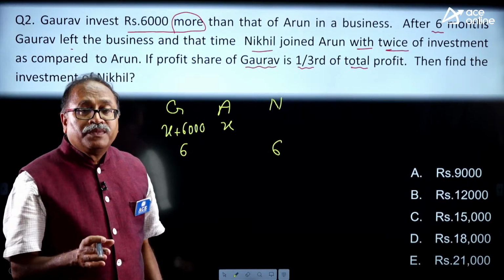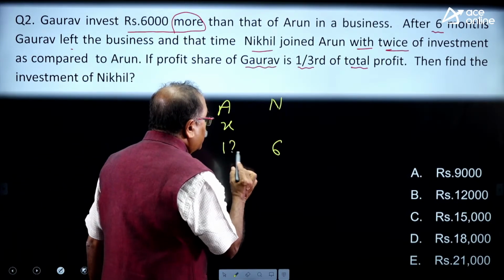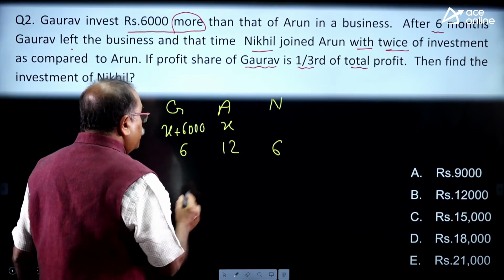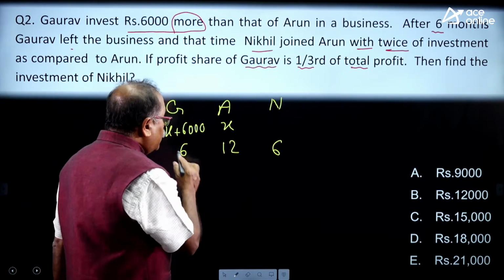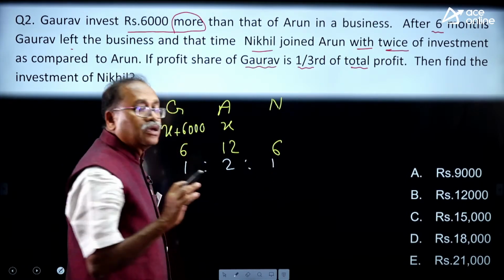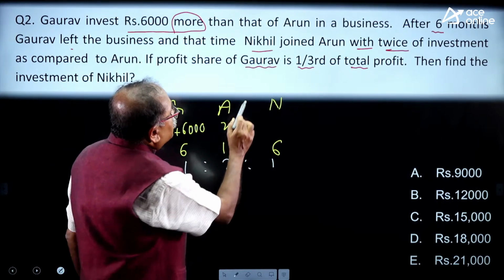How about Arun? Nothing is said about Arun. That means Arun was in the business for the entire 12 months. So what I am getting is the time ratio over here. Time ratio, what is that? This is 1 is to 2 is to 1, the time ratio. It's done. And after that it is said,